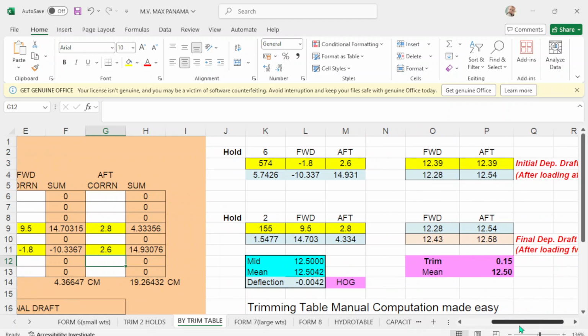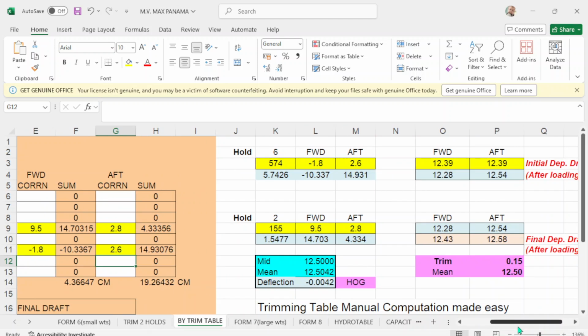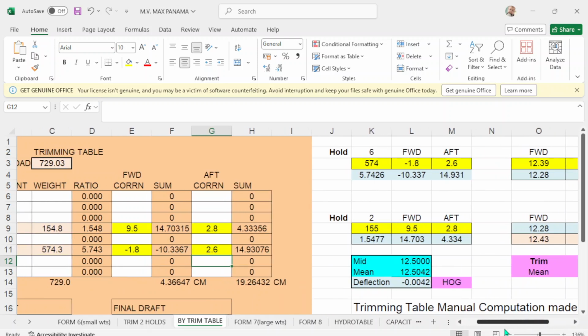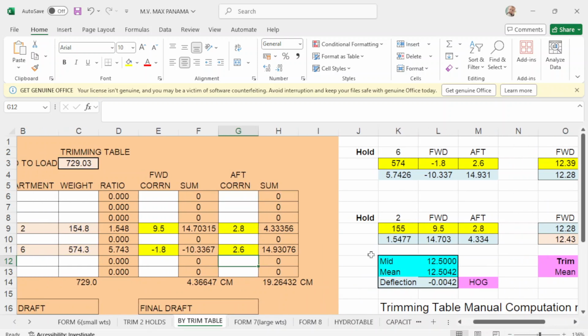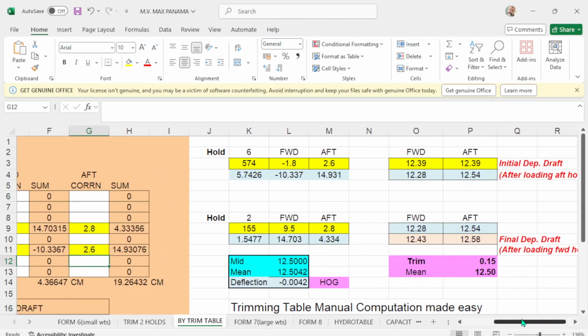So for example, in your hold number 6, you're going to load 573.4 and your forward correction is negative 1.8 and your up correction is 2.6. You want to first load hold number 6 so you will have a good trim on the stern.